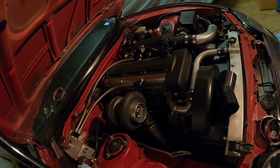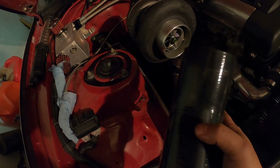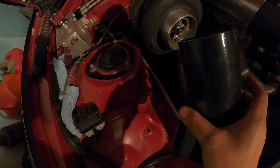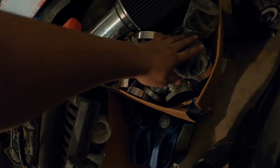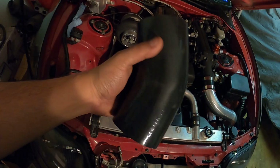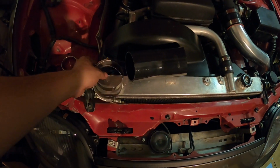I still have to connect the turbo to the intercooler pipe. I have this one right here. This is, I think, about a 30 or 45 degree, but it's a bit long. So I'm gonna go through my box of fittings and clamps and stuff and see if I have anything there. If not, I'll just end up trimming this one, and it should fit perfectly. Got the two clamps here,